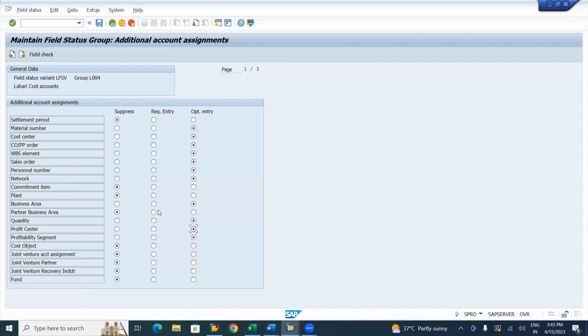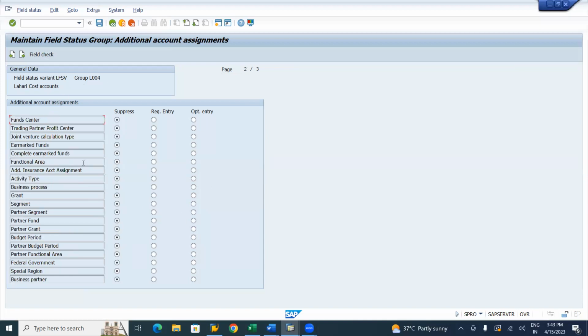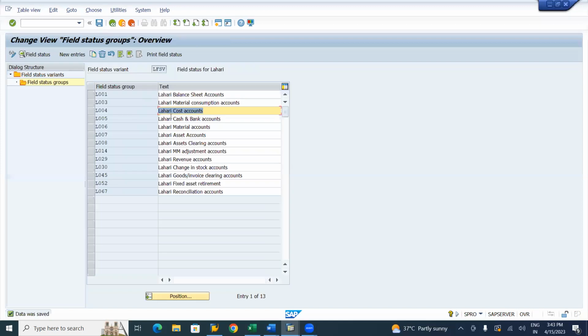So business area already optional. Page down. Functional area, make it optional. Segment, make it optional. Okay, click on save. Next one, L005,